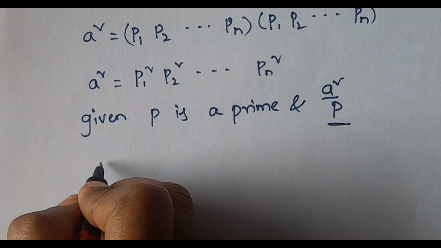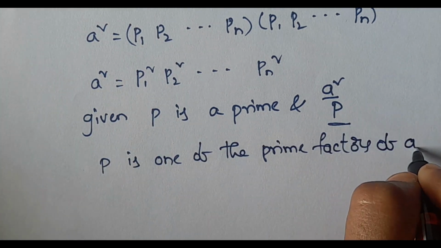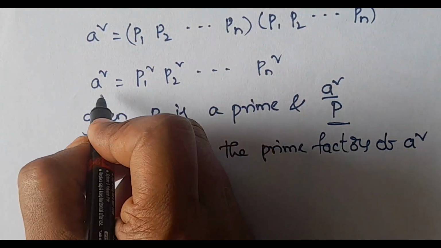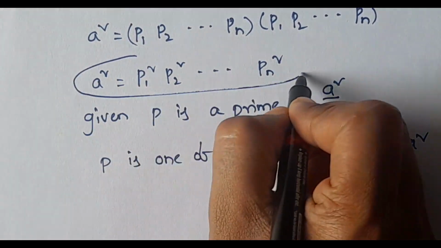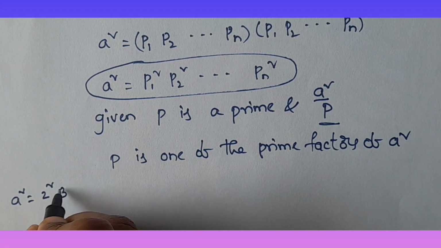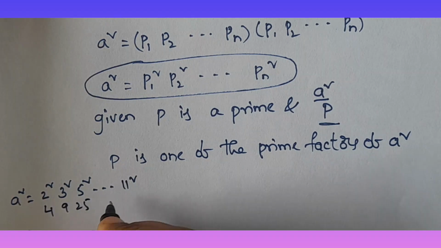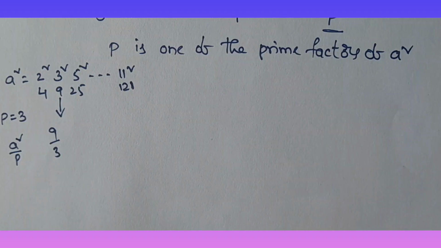on pn square. Given that p is a prime number and p divides a square. Now a square is the prime factorization of p1 square, p2 square and so on pn square. P is one of the prime factors of a square. See here, a square is equal to square of prime numbers. P is a prime number, one of the prime numbers